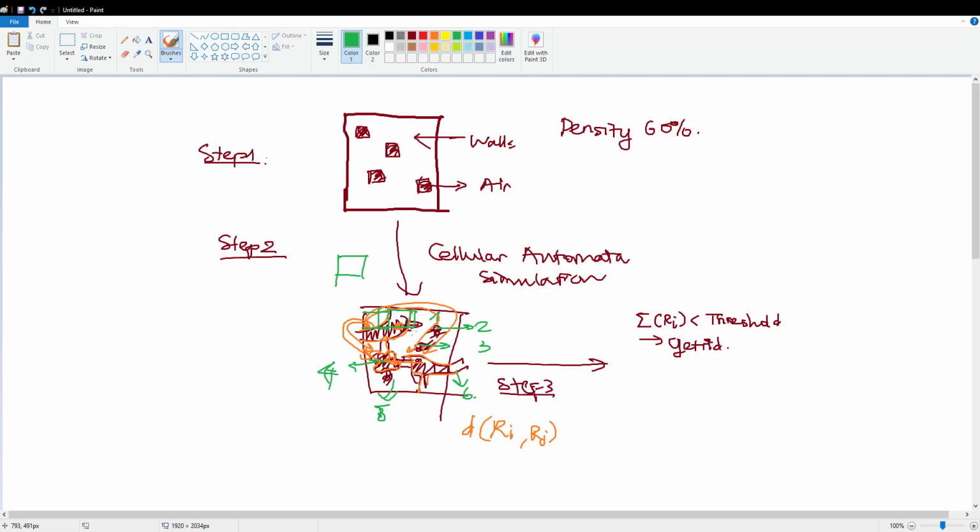I'm going to scan all the 3x3 squares that are available in this 32x32 area. And if I detect that there are more than or equal to 2 cells belonging to different regions,